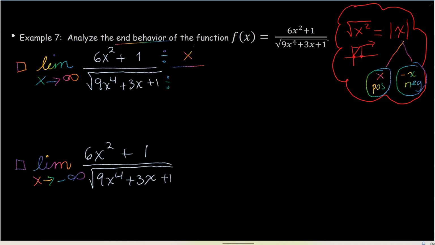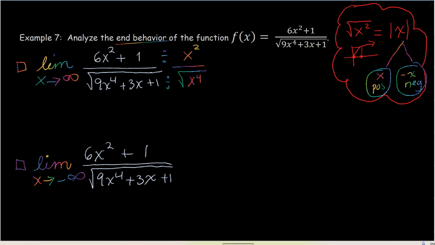On the top, we'll divide by x squared, but on the bottom, we really are dividing by not x squared, but the square root of x to the fourth. Now, is that correct, what I just wrote? The answer to that would be no,